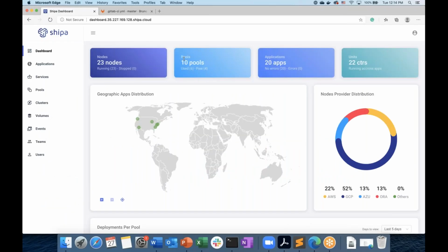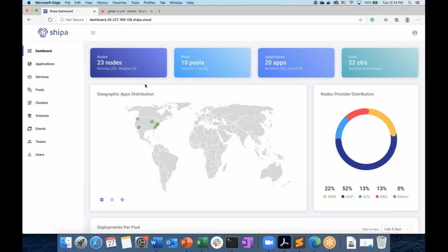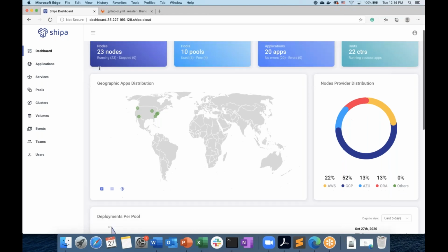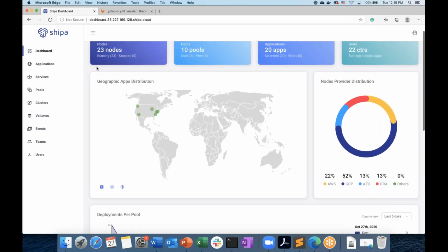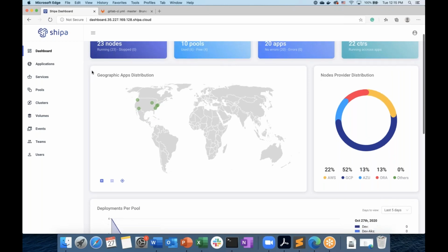What you can see in front of you right now is basically Shippa's dashboard. And Shippa has basically two operating interfaces. One is the CLI, and the second one is the dashboard itself. Here in the dashboard, you can see some information about the size of your environment, such as nodes, clusters, and